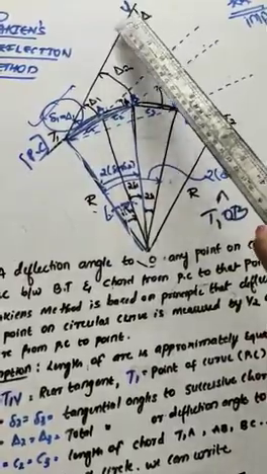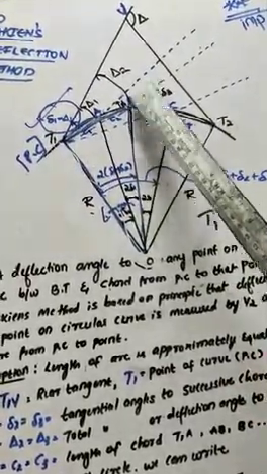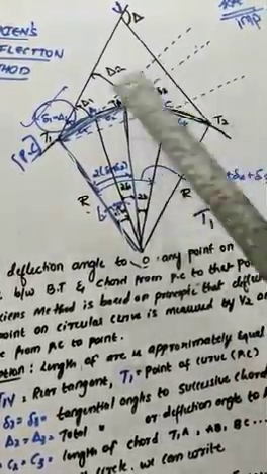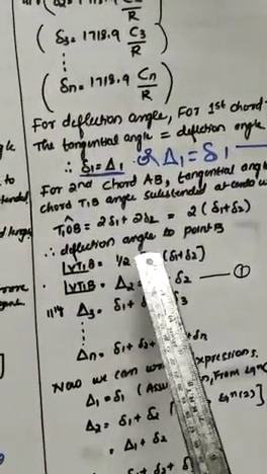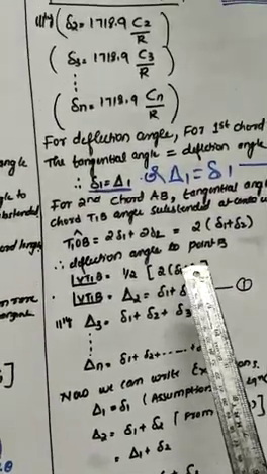When we come to the second chord, that is VT1B, that will be equal to half of T1OB. So here VT1B is equal to half of T1OB. So in order to write